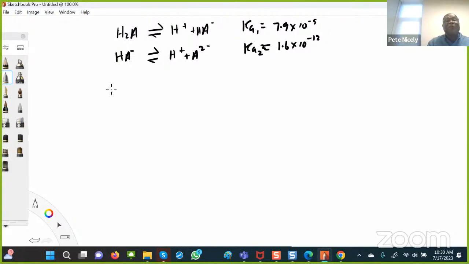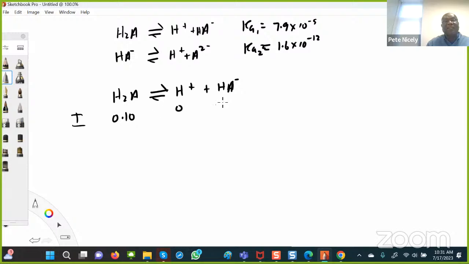So what we're going to do is start off with the first dissociation, H2A to form H plus and HA minus. And I'm going to, of course, construct an ICE table for this, where the initial concentration of H2A is